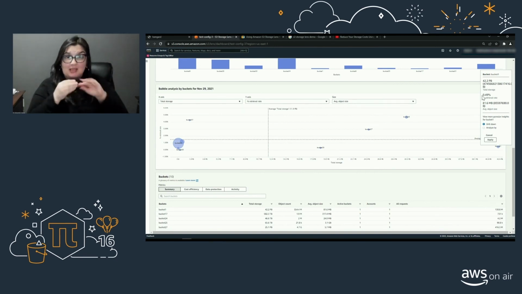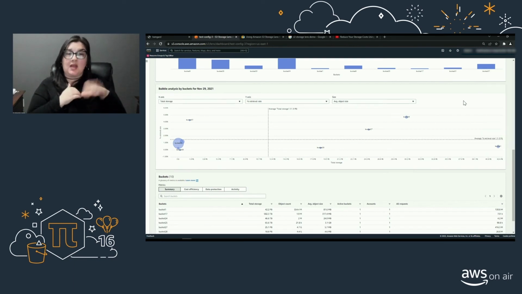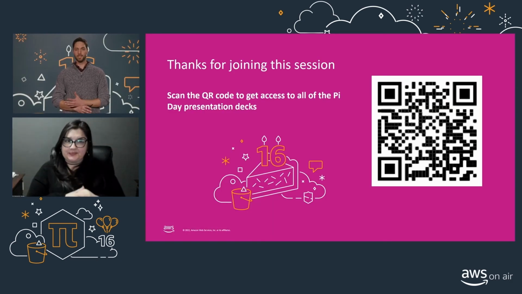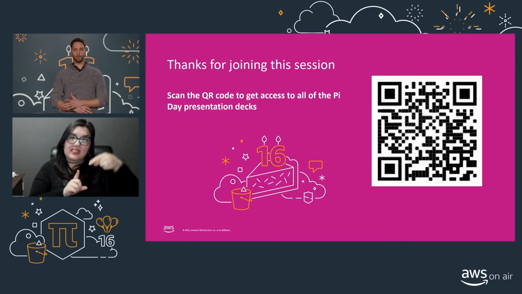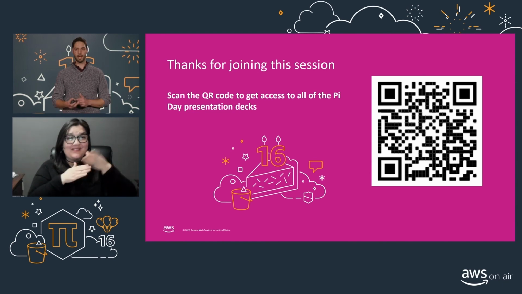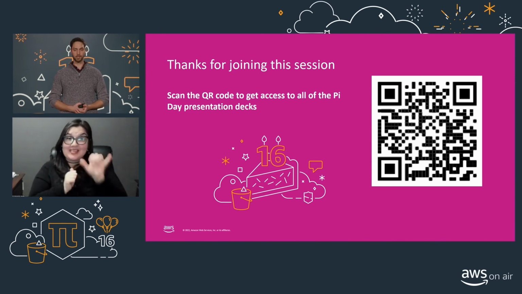From here, we can identify the bucket owners in our account or organization and find out if the storage is still needed. We can then optimize costs by configuring lifecycle expiration policies for the buckets or archiving the data using Amazon S3 Glacier. So these use cases wrap up our demo part for today. And with that, I'm happy to move on to the Q&A session.